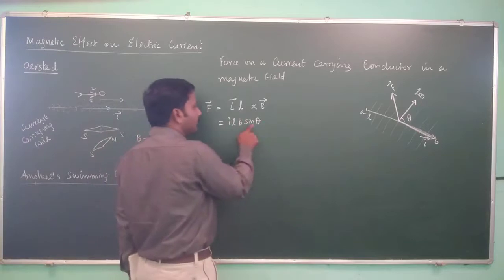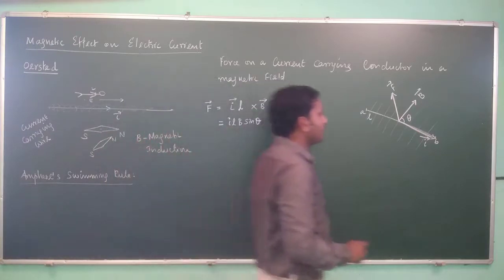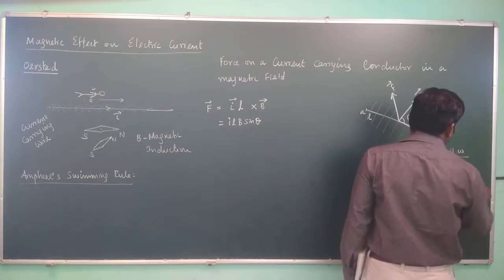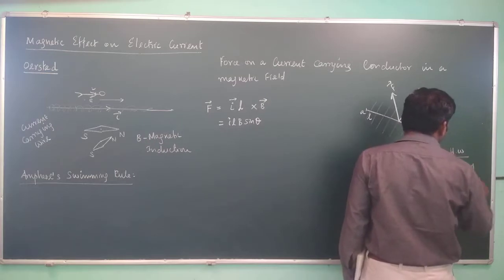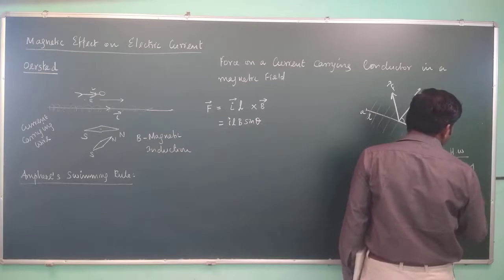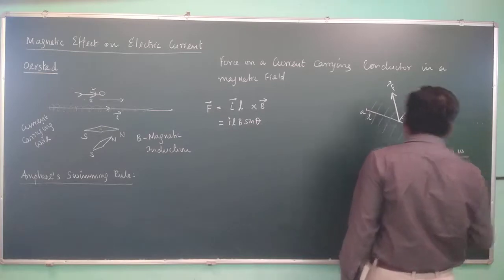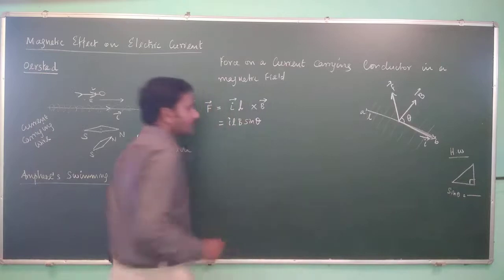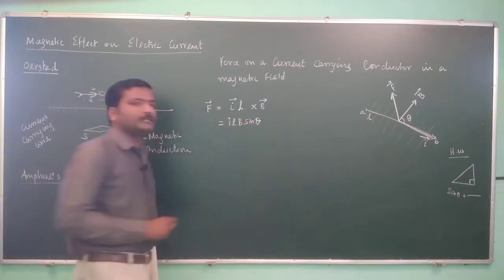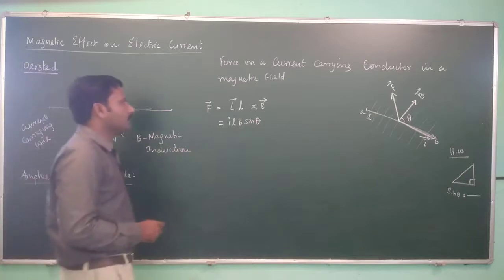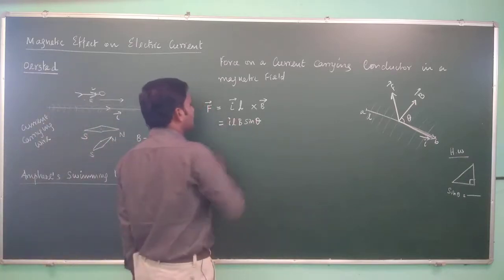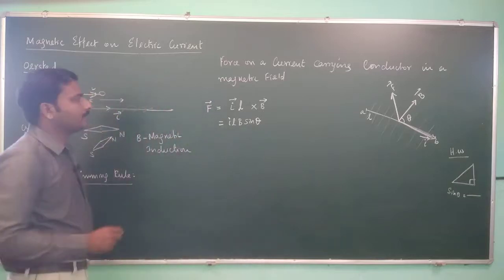In order to get sin theta, I give you a homework. Apply the trigonometric concept. What is the homework? Consider a right triangle. Now write an equation for sin theta. You recollect the formula for sin theta and apply it here, and you will get what sin theta is. If not, then we will discuss it in the next class if you couldn't recollect the idea behind that. Anyway, you can replace the cross product with sin theta.